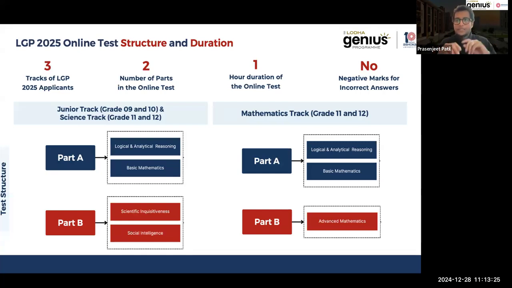The details of it, I'll come to in some time. The total duration of the test is going to be 1 hour. And there are no negative markings for incorrect answers during the test. Now, to go a little deeper into the test structure,